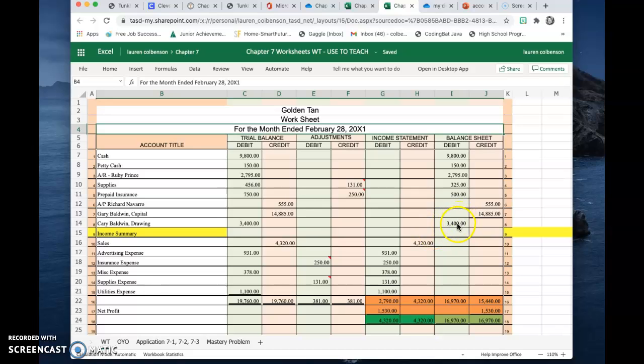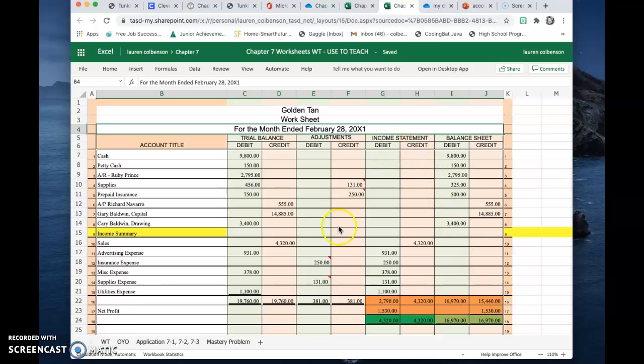And this is everything you learned about in the first couple chapters in accounting, is your assets, your 1 liability, in this case just accounts payable, and your owner's equity, which is your capital and drawing. They make up your balance sheet columns. And this is, if I go in the book, this work together is on page 169. We're using the same document for all of them. So you've got your balance sheet debit and your balance sheet credit. You can see these do not balance, and we'll talk about that in a minute, but those still are your